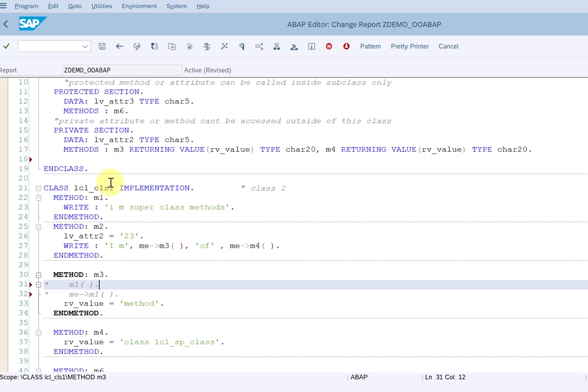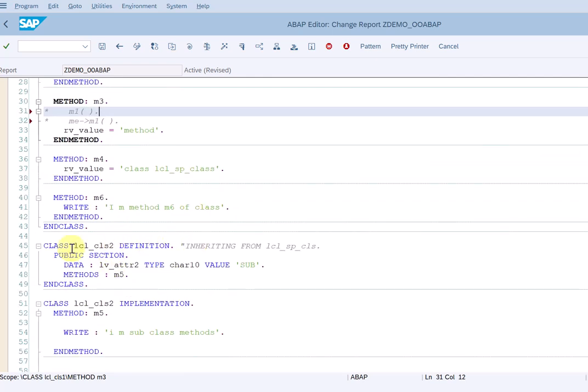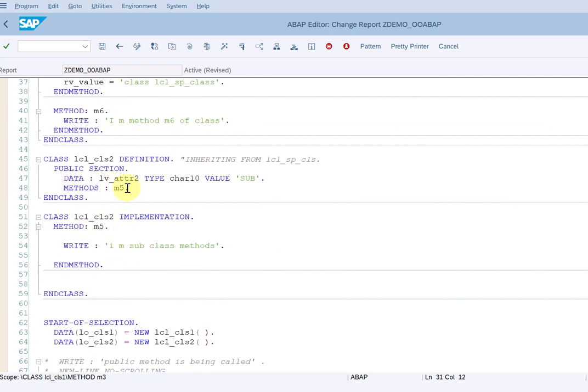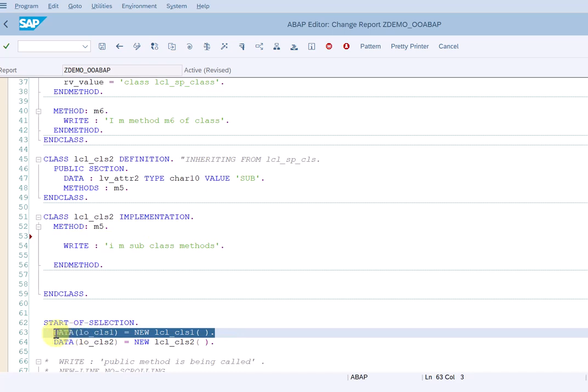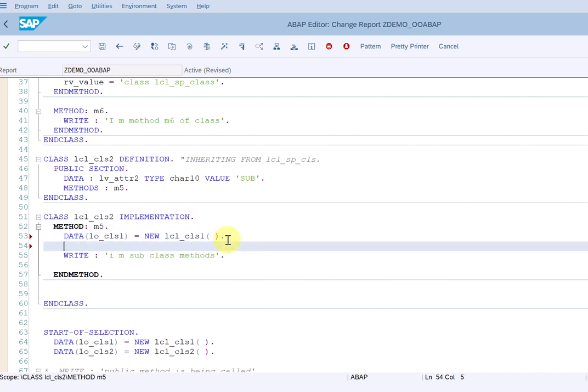So I have defined class 2 as well. This is the class 2 I have defined, and this is the public method of class 2. So let's try to access this method in another class. First, if we want to access a public method, then we need to create a reference variable of the class. So I'm copying this line and putting it here. This is giving me a reference variable. Using the new keyword, you get the reference variable of this class. And using this reference variable,